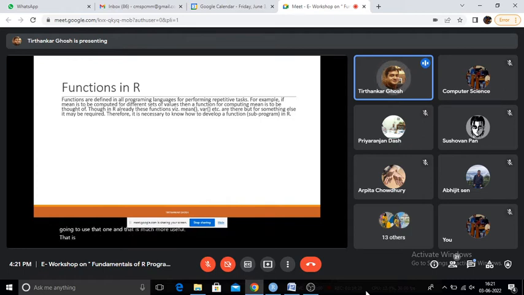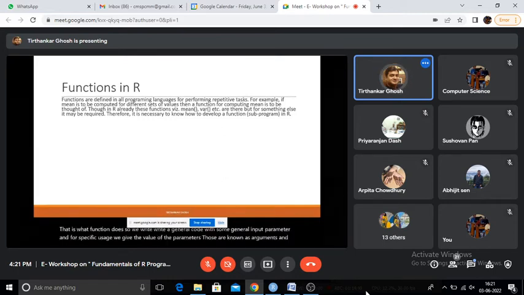So we write a general code with some general input parameter, and for a specific usage, we give the values of the parameters. Those are known as the arguments, and we get the output. That's all. So input, then computation, and then the output. That is basically what a function does. Though in R, functions like mean, variance, etc. are already there, for something else it may be required.